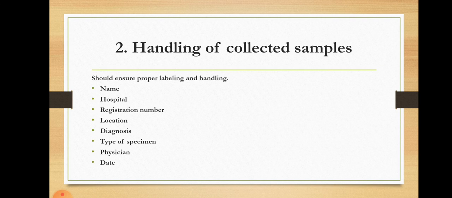Next, moving on to the next step in lab diagnosis, which is handling of collected samples. Immediately after collection, the specimen must be properly labeled and handled. The person collecting the specimen is responsible for ensuring that the name, hospital, registration number, location of the hospital, diagnosis, current antimicrobial therapies, name of the physician, admission date and the type of specimen collected are properly imprinted or written